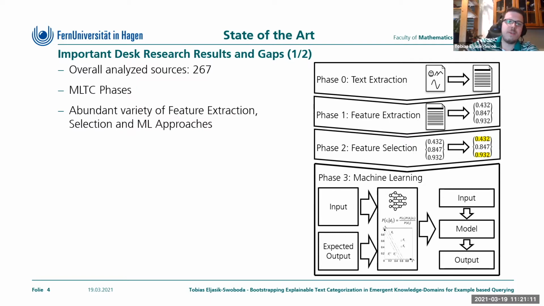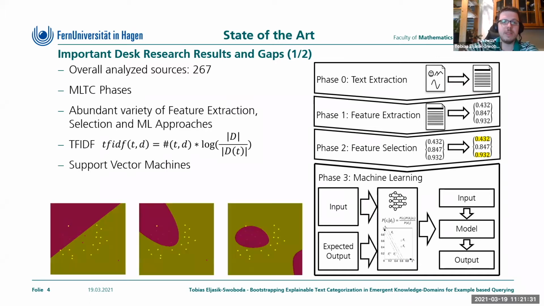What we have also found is that there is an abundant variety of feature extraction, selection, and machine learning approaches, reaching from artificial neural networks over statistic-based solutions over to solutions using high-dimensional geometry. Some highlights that work well and that we have subsequently used, as we have already heard today: TF-IDF, of course, models how relevant a term is for a specific document, and support vector machines are a machine learning classifier using high-dimensional geometry